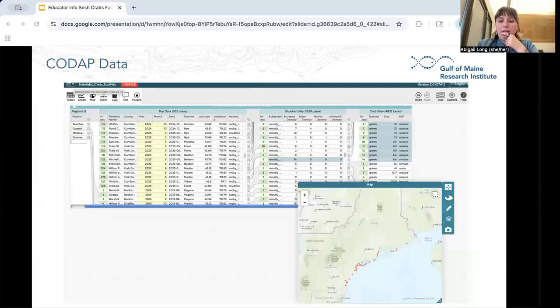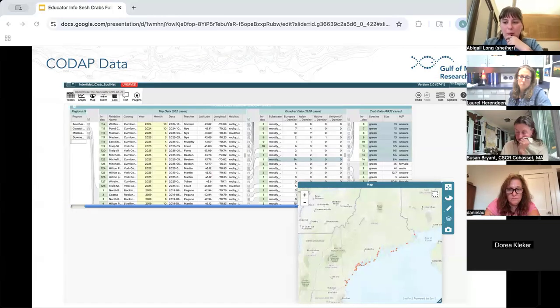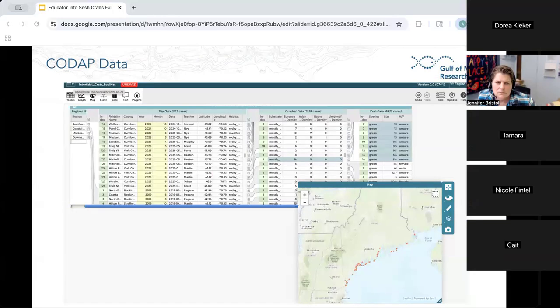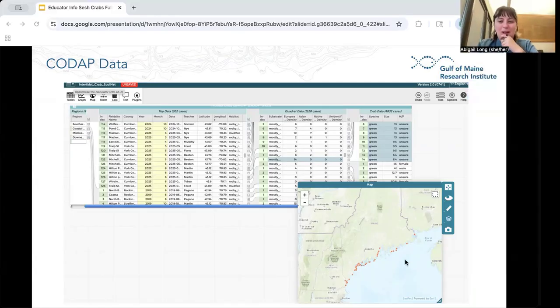And then just a final resource that I mentioned before is CODAP. Is anybody familiar with CODAP? Okay, it seems like a new thing. Awesome. So CODAP is a free online data analysis platform that allows you to upload any data set virtually and easily create graphs, maps, and perform calculations. It's super student friendly. You're mostly dragging the